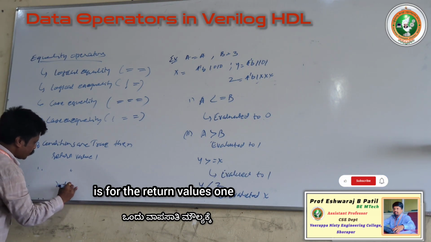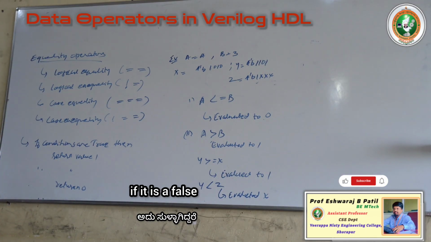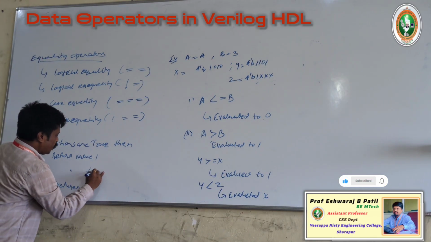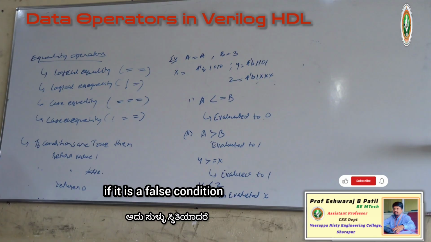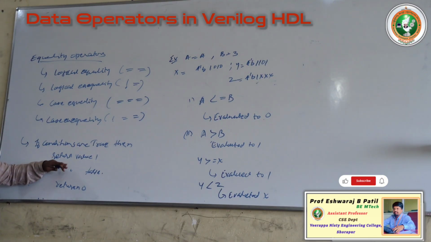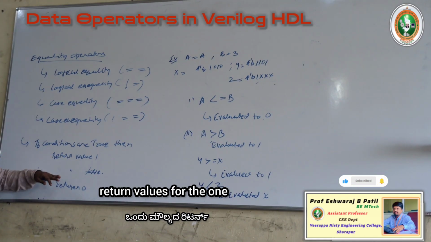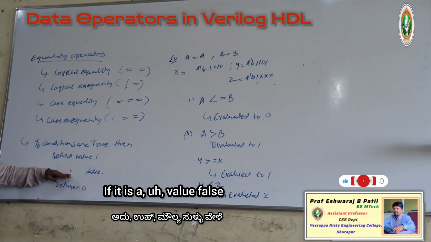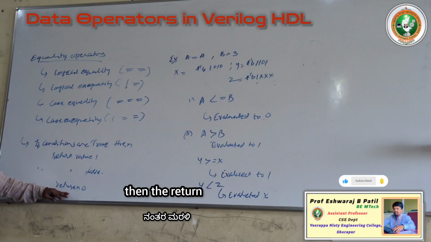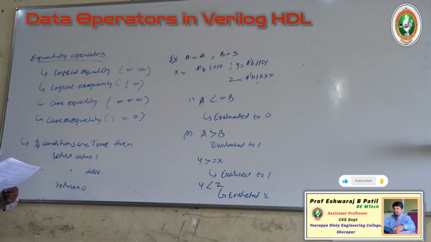Similarly, the return value is 0 if it is a false condition. If it is true, the equality return value is 1. If it is false, then it returns the value 0. For example,